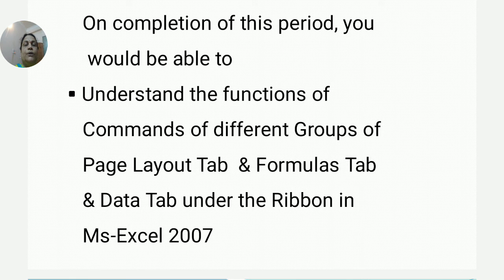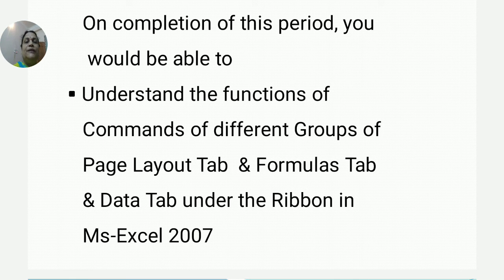In the previous classes, in the first class, we have discussed, let us have a revision of whatever we have discussed. In the first class we discussed the introduction to MS Excel: what the uses and applications of MS Excel are.